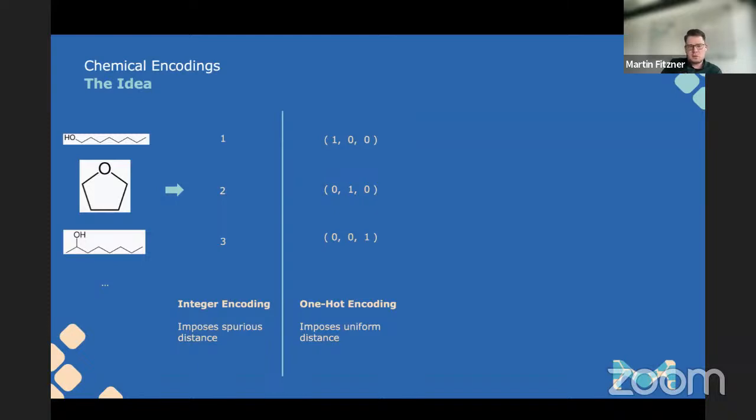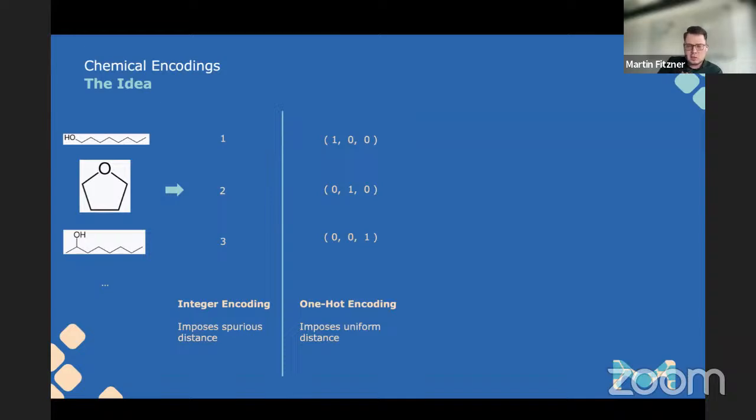In the first one, if we integer encode them, there's some spurious distance and ordering implied by that. For instance, the first and the third solvent are further apart in this encoded integer space than the first and the second one. Even if you're not a chemist, have never heard of the word chemistry, you can appreciate that the first and the third solvent are more similar than the first and the second one. But the ordering due to the encoding has done the opposite. That's of course bad for the algorithm. Why would you put these stones in the way of the machine learning model?